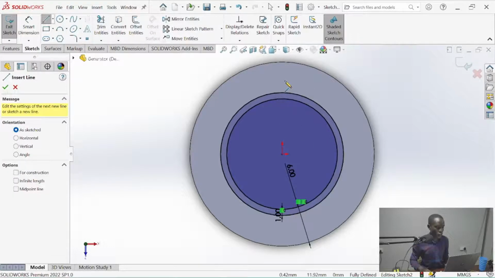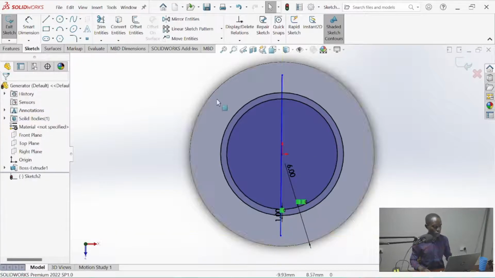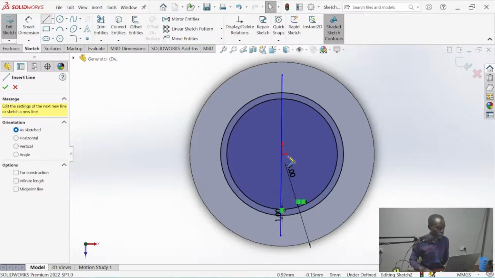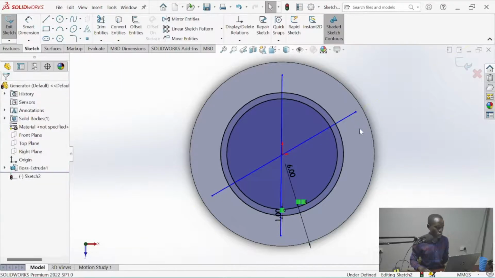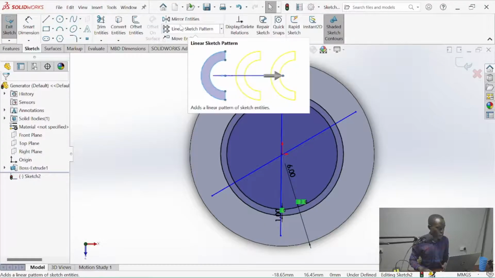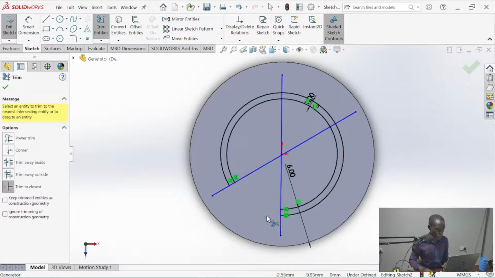You bisect it into 2 parts. Leave it at an angle. So go to trim entities and remove the unnecessary parts.